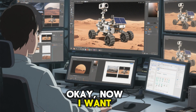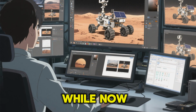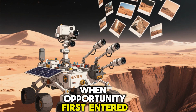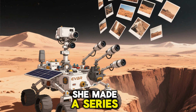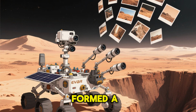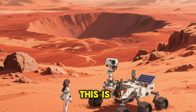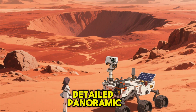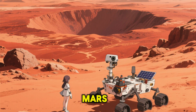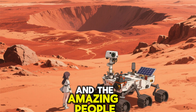Okay, now, I want to show you something really special. Something that I've been working on for a while now. When Opportunity first entered the Endeavour crater, she made a series of 653 panoramic images that together formed a continuous 360-degree view of her surroundings. This is the largest and most detailed panoramic image ever taken on Mars, and it's a true testament to the capabilities of Opportunity and the amazing people at